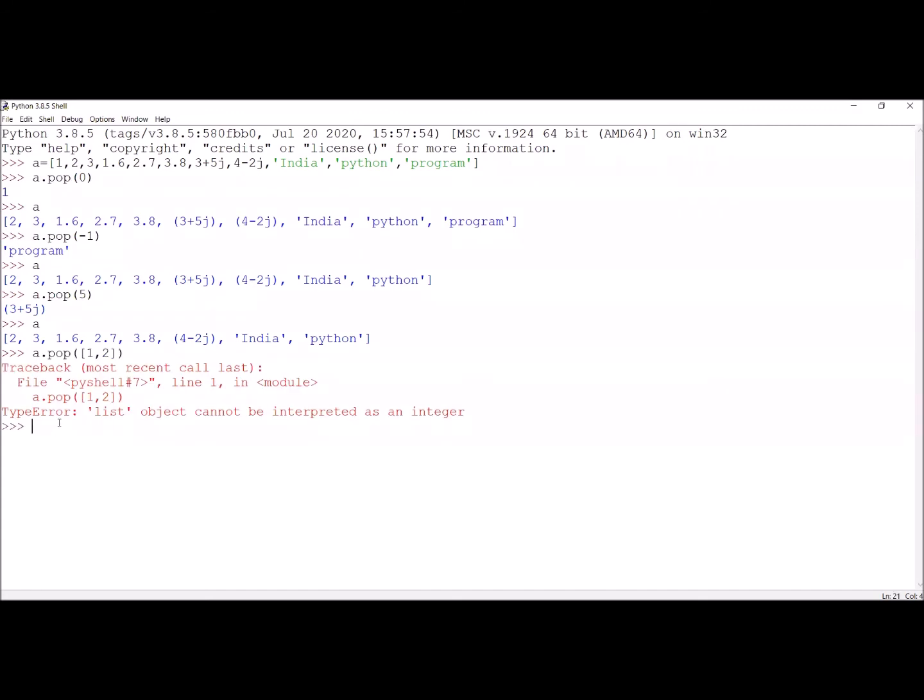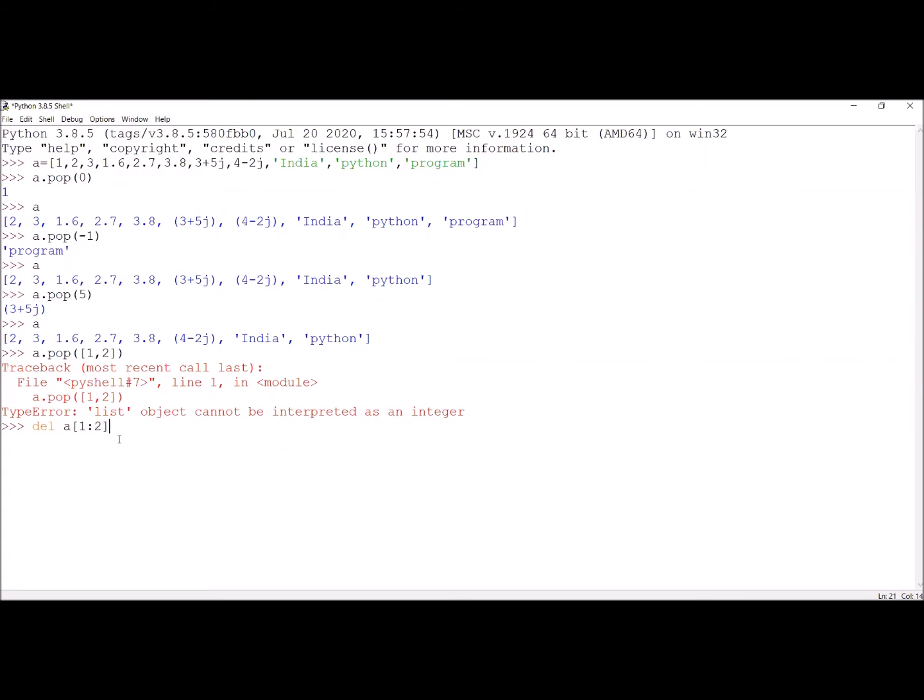Now what if we want to delete more than one element? A dot pop command will not allow us to delete more than one element simultaneously. So we will have another option called del. If I write del of a, I want to delete first to 2.